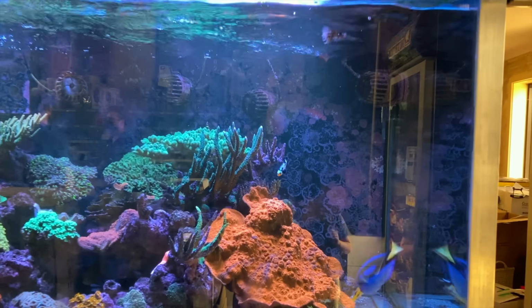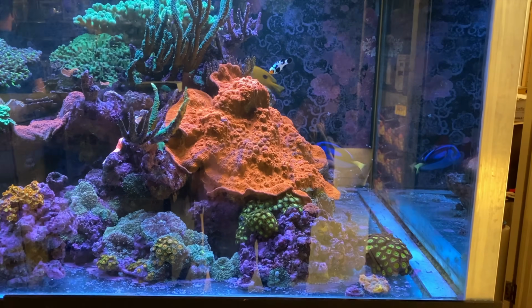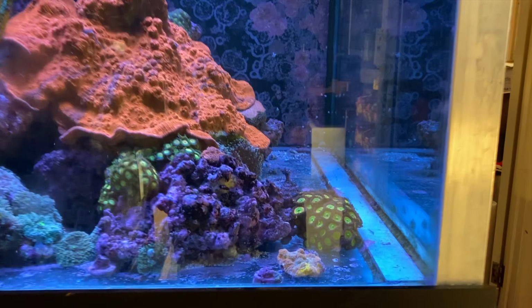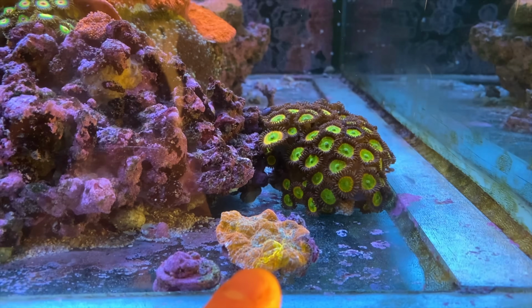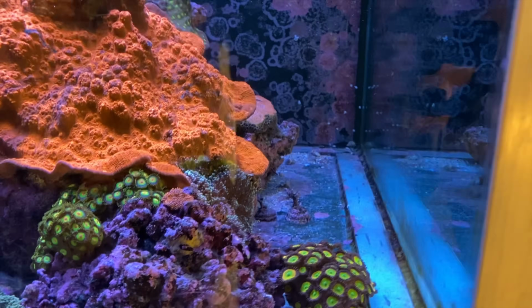But speaking of display tanks, this is the main display tank at Williamstown Aquarium. And wow, check out that chalice there. It's just sitting right there on the corner. I reckon if I threw a good enough offer at Jack, he might even take that one. But